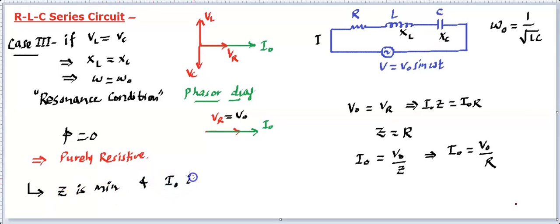So I0 is maximum. And whenever there is a maximum current or amplitude of current, we call that a resonance. If you remember the resonance condition that we talked about earlier, what is it? When the amplitude becomes maximum. And here I0 represents the amplitude of current, and the amplitude becomes maximum because Z is minimum. Hence this is called resonance, and in case of resonance you find the external frequency and the system frequency are both identical, right? So this becomes important.